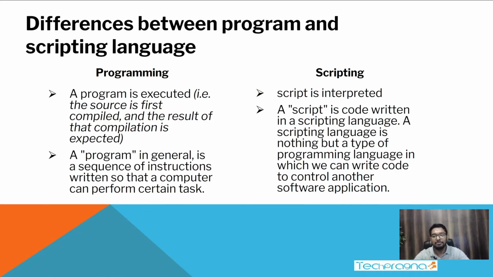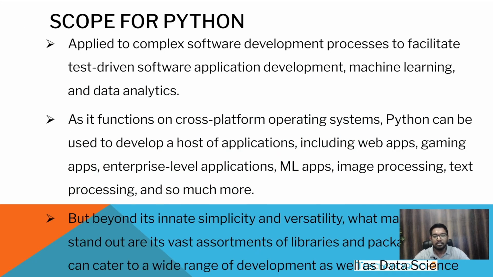What exactly is the difference between a programming language and a scripting language? A programming language is compiled, a scripting language is interpreted. A compiler and interpreter, you can consider them as a middleware to convert high level language to a binary level language or digital signal. In a compiler, the data will be compiled block by block. In an interpreter, it will be interpreted line by line. So the interpreter has the advantage that debugging is much easier and you can debug much faster compared to